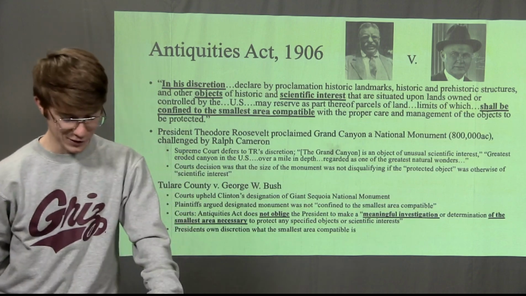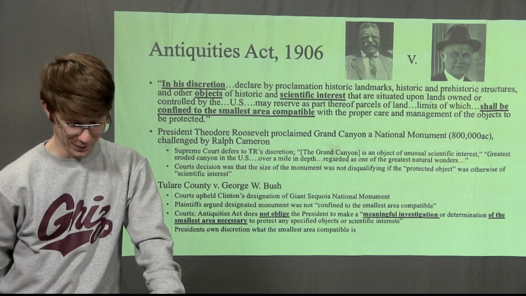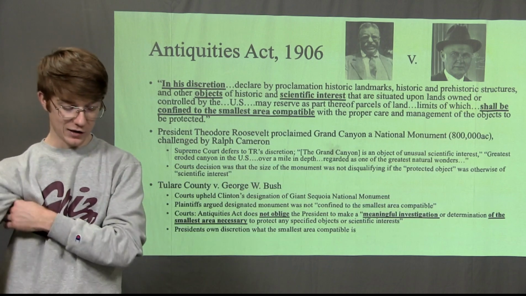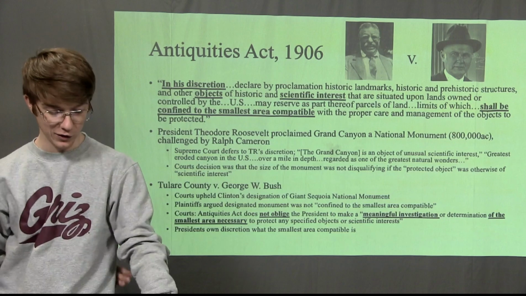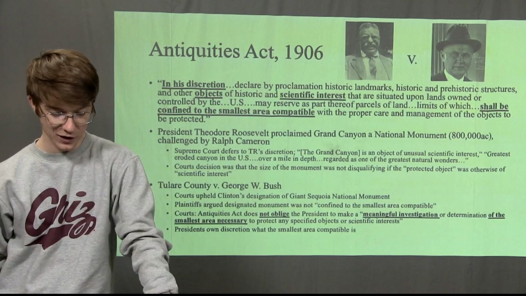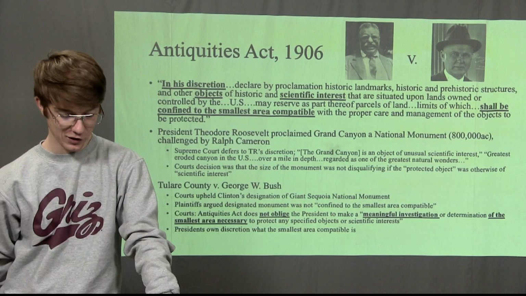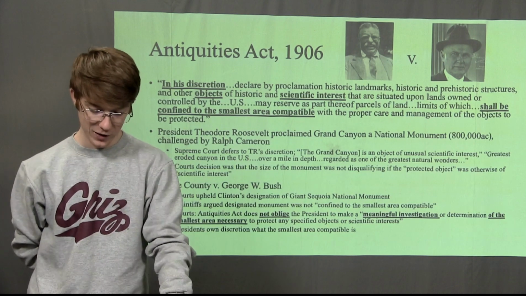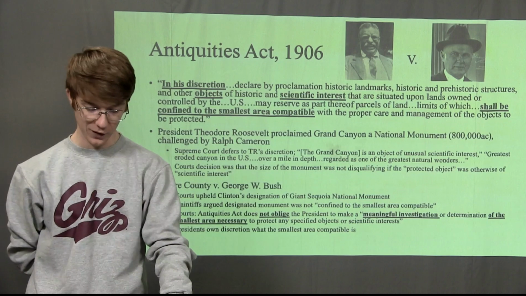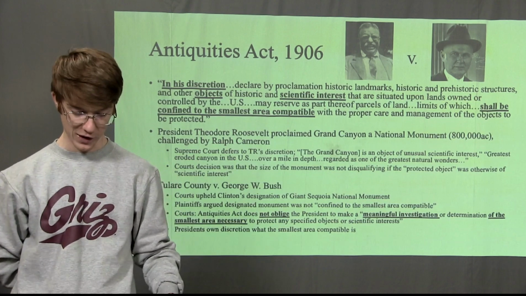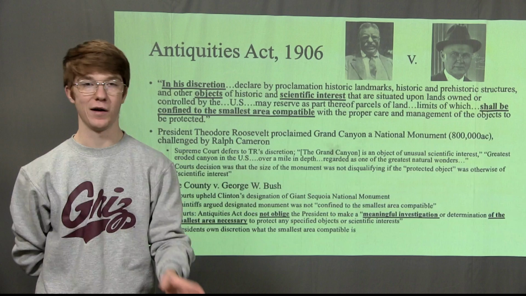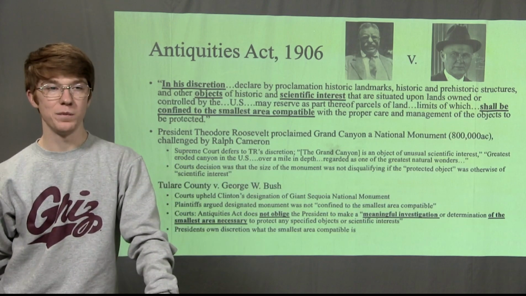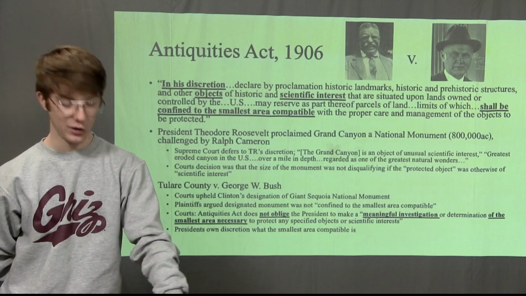All right, so what is the power given to the president by the Antiquities Act of 1906? In this act, Congress gave the president the authority to declare by public proclamation historic landmarks, historic and prehistoric structures, and other objects owned or controlled by the government to be national monuments, and may reserve them as part thereof parcels of land, confined to the smallest area compatible. I shortened it up a little bit in my answer there, but essentially, Congress gave the president the authority to